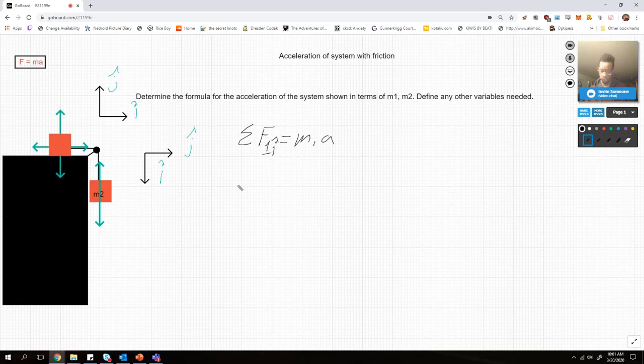And then my forces are going to just be my force of friction, so negative force of friction because it's to the left, and I've defined to the right as positive, plus, since it's a sum, my force tension from the rope. So force tension equals M1A. All right, cool. Then I'm going to do my sum of forces for F1 in the J direction, which is equal to M1A. In the J, I should define this as